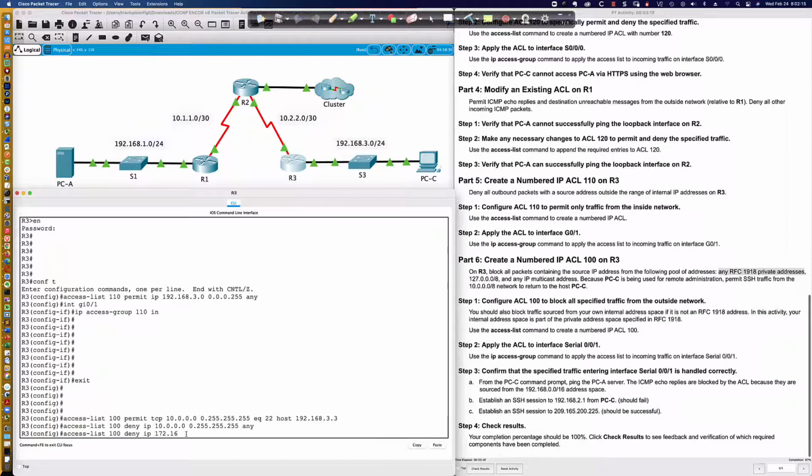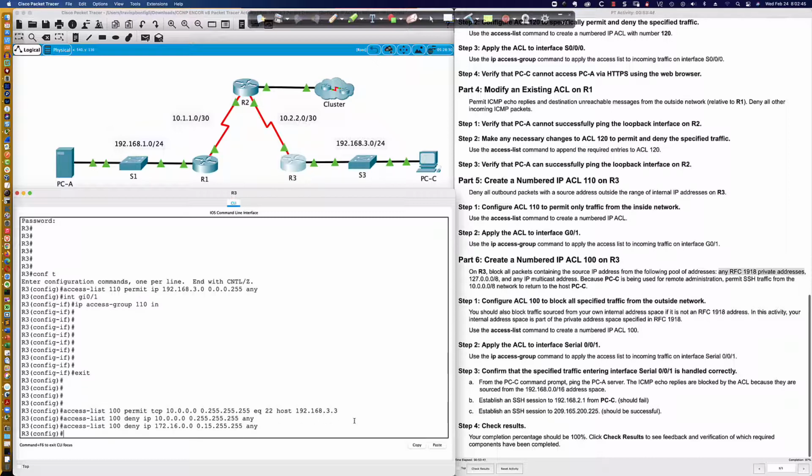So it's going to be deny IP 172.16.0.0, right? Because the first 12 bits, this is where we're starting from, but the wildcard mask is 0.15.255.255 because of the /12, and don't let me forget my any. That /12 range is represented by that value right there. So now we get down to the next one, which you're probably guessing is going to have the same little twist,